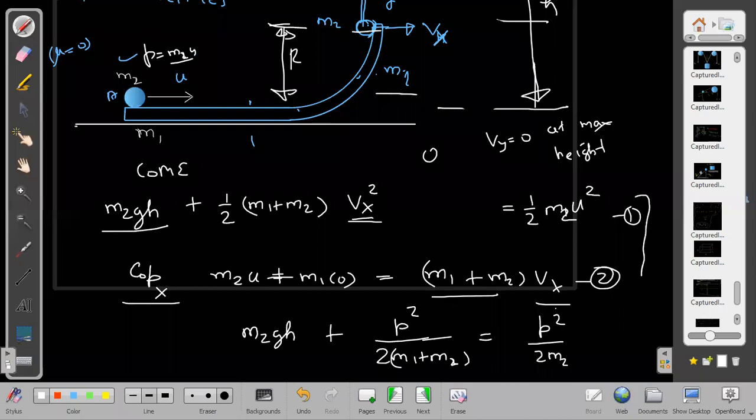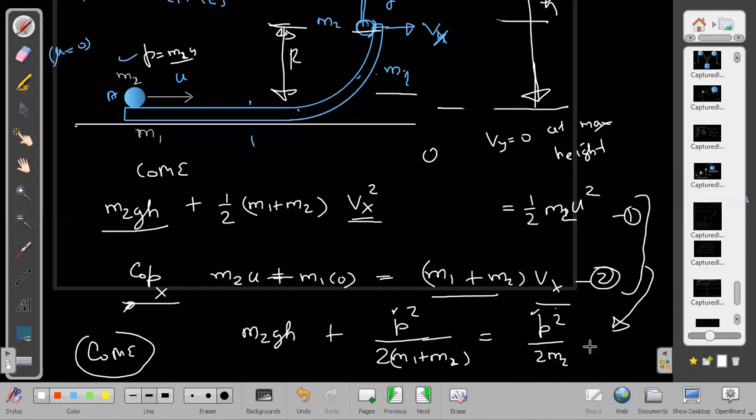So this equation has the crux of both the equations, because when I'm saying here also p and here also p, it means I have already applied the conservation of momentum. So sometimes we can do like that. No need to separately apply conservation of momentum. Write the conservation of mechanical energy equation in such a way that the conservation of momentum already comes inside that. I'm not writing different momentum finally, and I'm not writing different momentum initially. Both momentum along x-axis I have taken to be p only. So by a single equation we are getting the answer now.